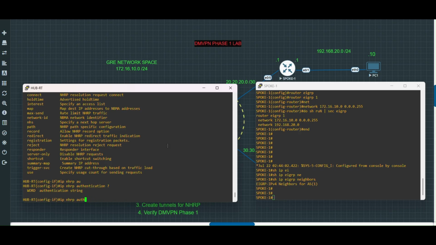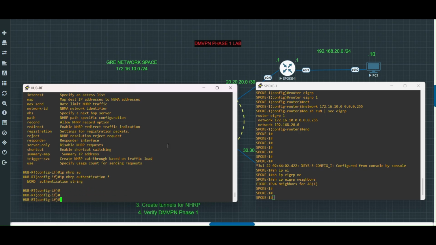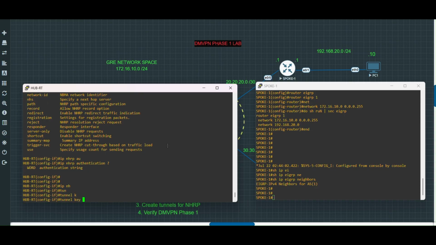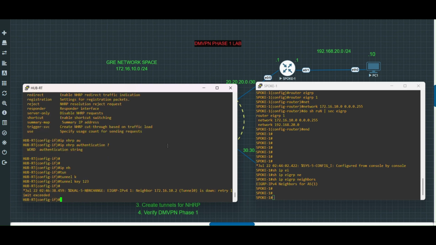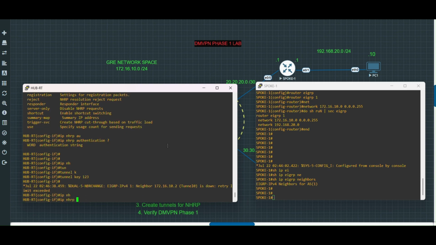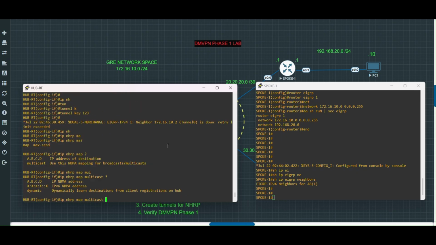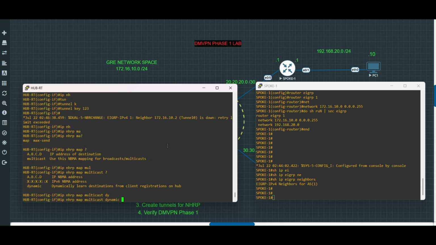I was going to do authentication, but we'll just keep it simple. So I did the network ID. We'll do tunnel key. For the tunnel key, I'll put 123. Do IP NHRP map multicast dynamic. And as you can see on the dynamic command, it says dynamically learn destinations from client registrations on